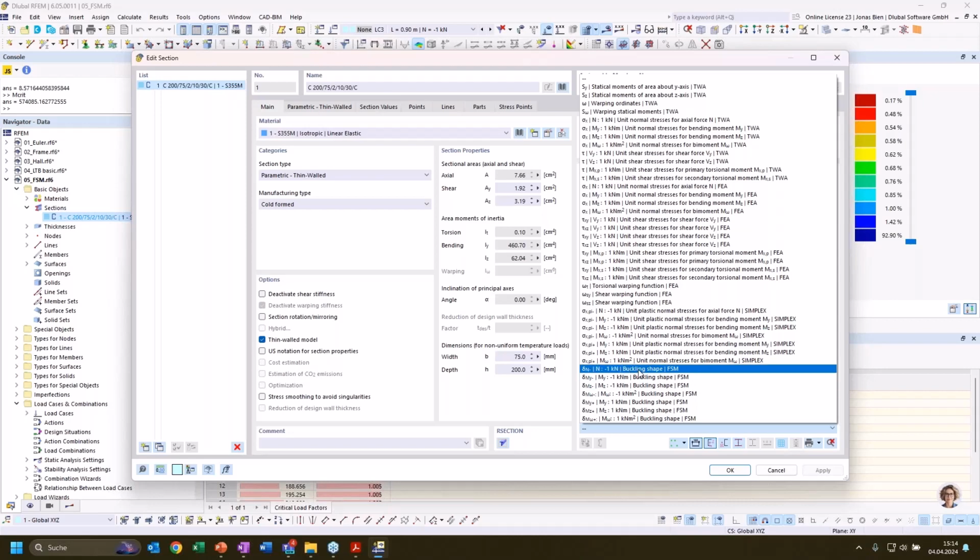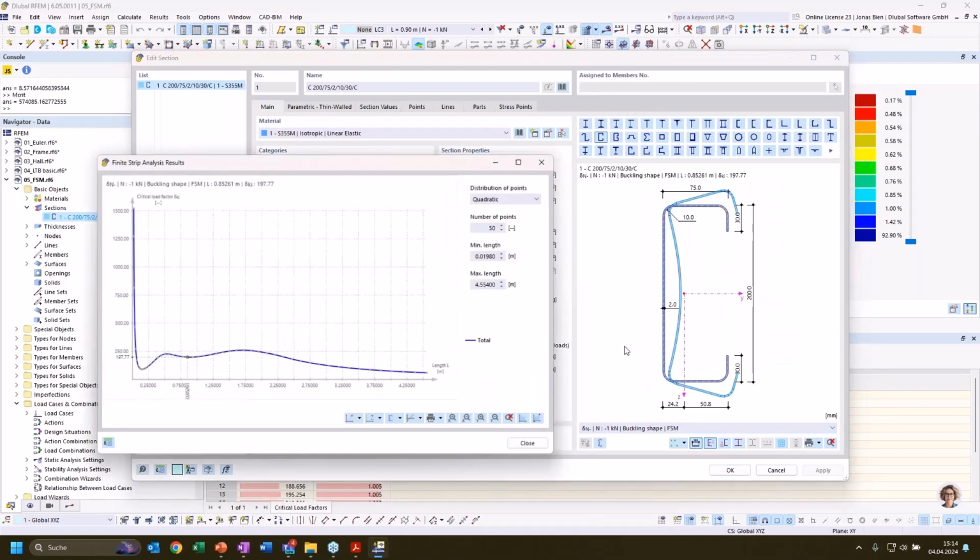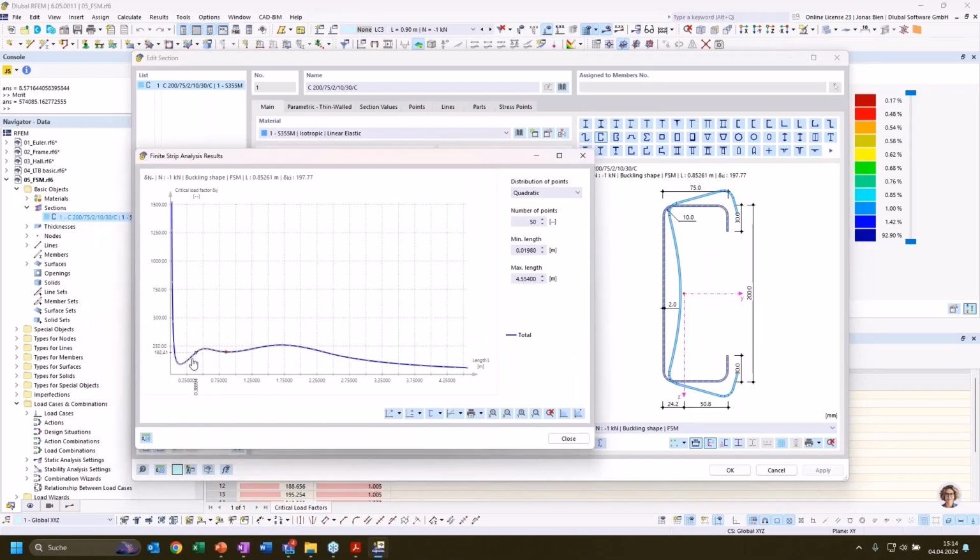And if we click on that option, I can see that I get a diagram as a result. And what I get here is the so-called signature curve for our cross-section. And it gives the relationship between the critical bifurcation factor for this unit load, 1 kilonewton compression, in relation to